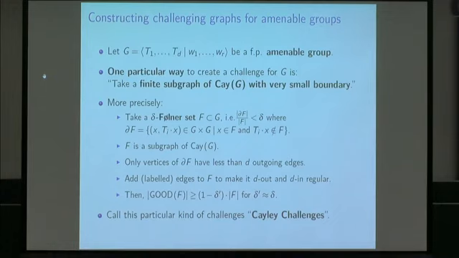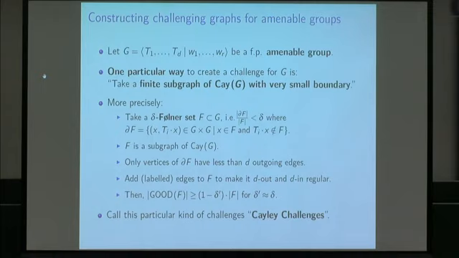And in more detail, I'm assuming that the group is amenable, so I take an epsilon Følner set, that is a set with boundary to volume ratio less than delta. The boundary of a set, for me, is the set of edges going from the Følner set outside. So this is a subset of G, but I can also think of it as a subgraph, adding all the edges which go from F to F. This subgraph has almost all edges